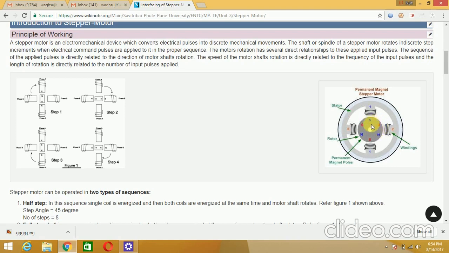So if suppose I am exciting winding 1, rest of the windings are de-excited, then my rotor will point at winding 1. Similarly, if I am exciting 2, then rotor will point at winding 2. If I am exciting 1 dash, it will be pointed at 1 dash. If I am exciting 2 dash, it will be pointed at 2 dash. So likewise, it can be rotated from this position to up till this position, and once again it will come